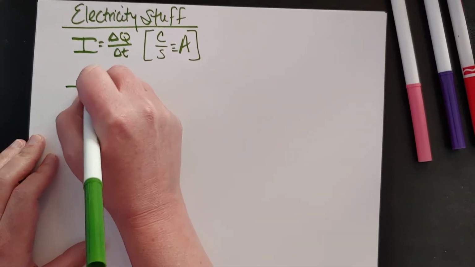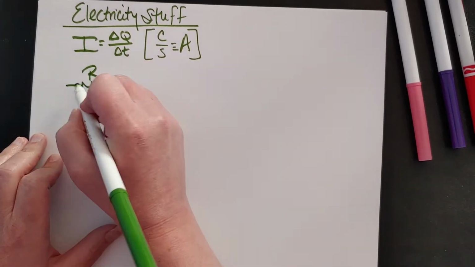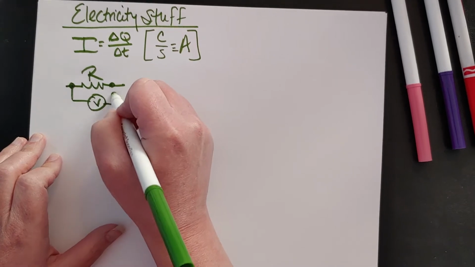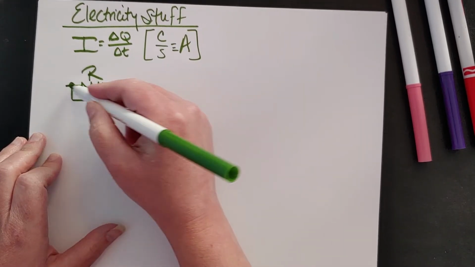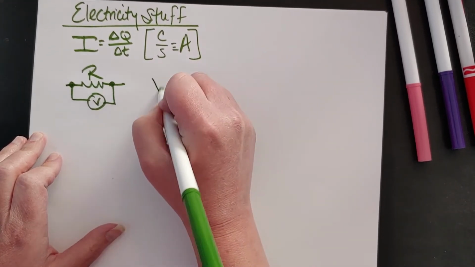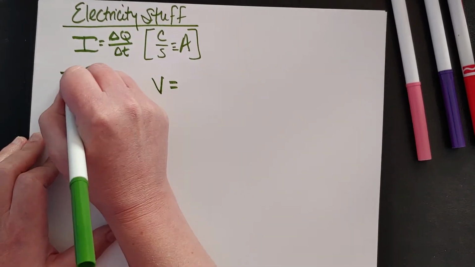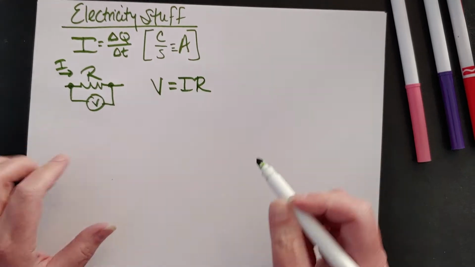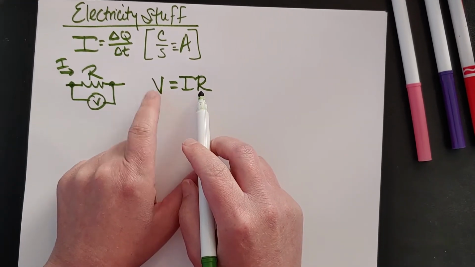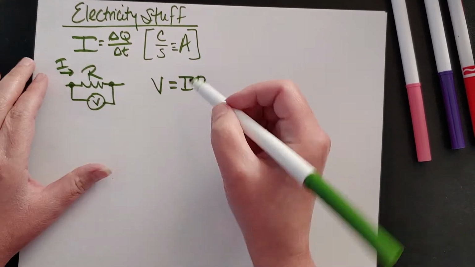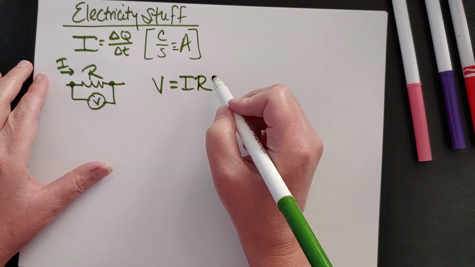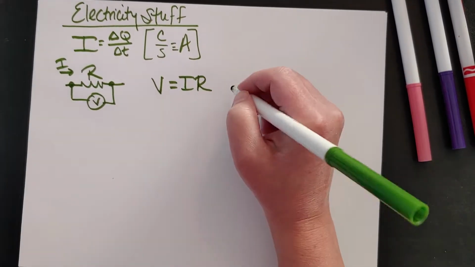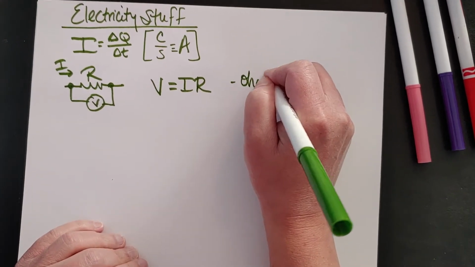Current often goes through resistors, and when a current goes across a resistor, that means there's a potential drop across that resistor, right? So there's the current, and that voltage drop across the resistor is equal to the current through that resistor times the resistance. This is Ohm's law,